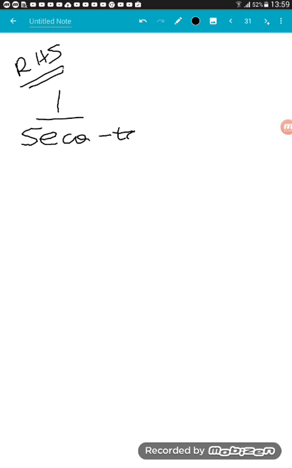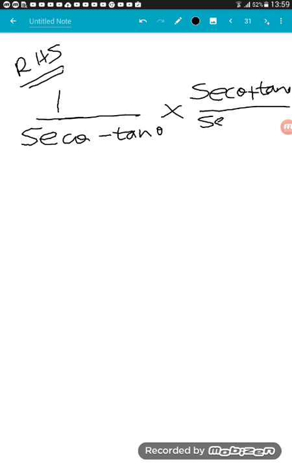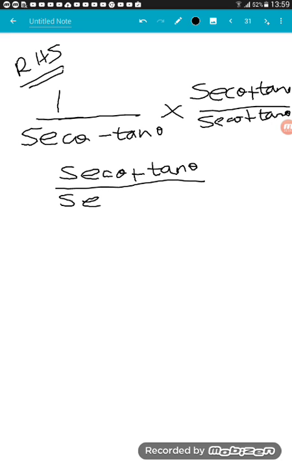Now we will solve the RHS side. It says 1 by sec theta minus tan theta. We can rationalize by multiplying by sec theta plus tan theta. Now it will become sec theta plus tan theta by a plus b. A minus b into a plus b is nothing but a square minus b square. So sec square theta